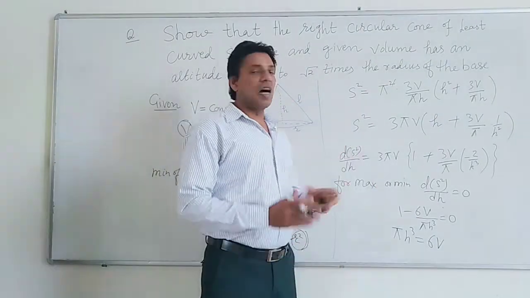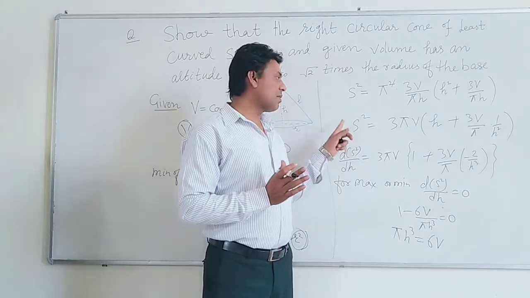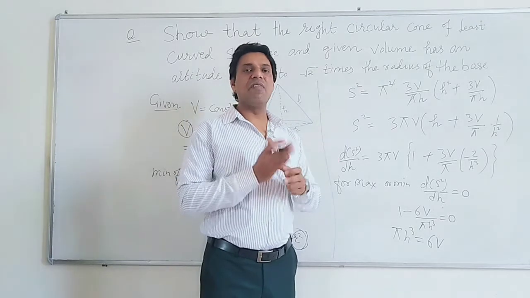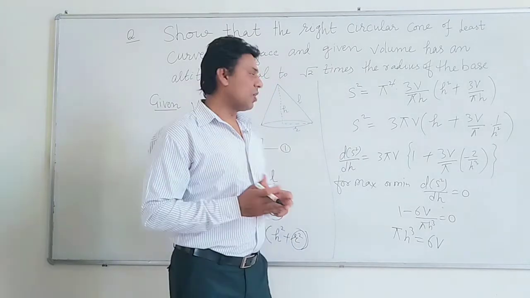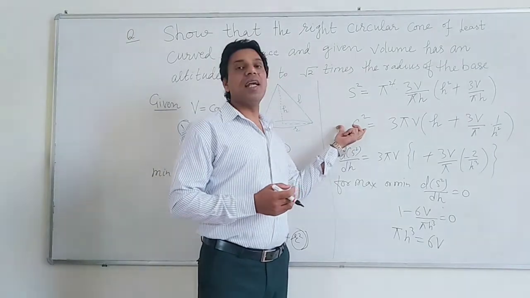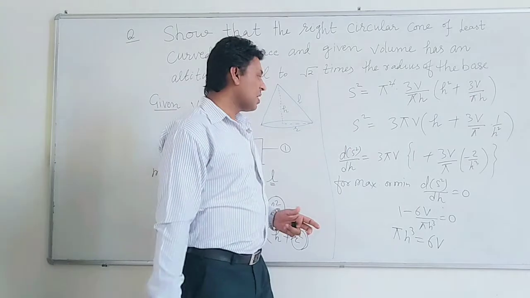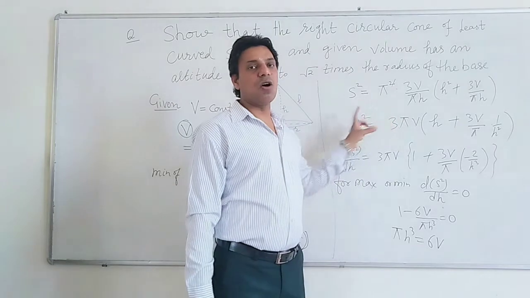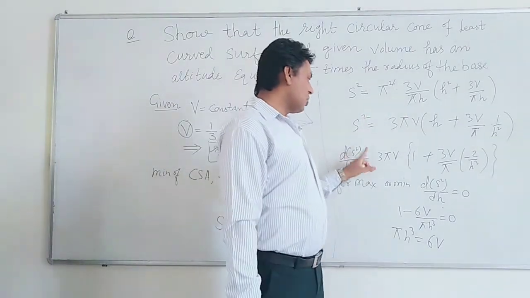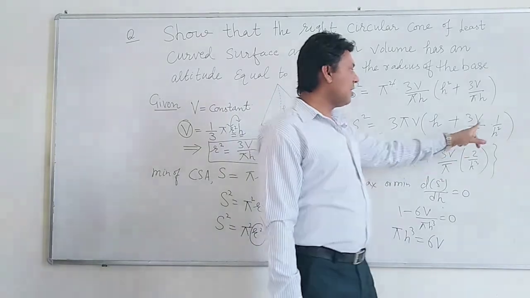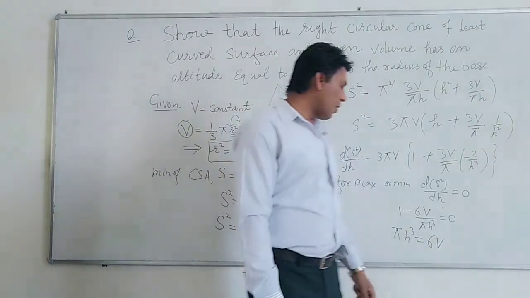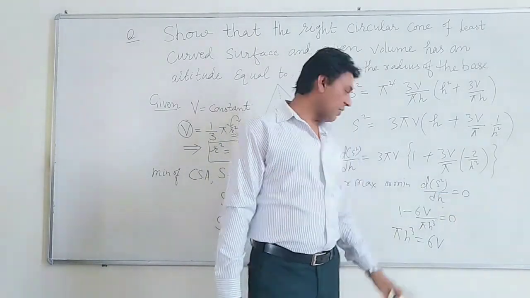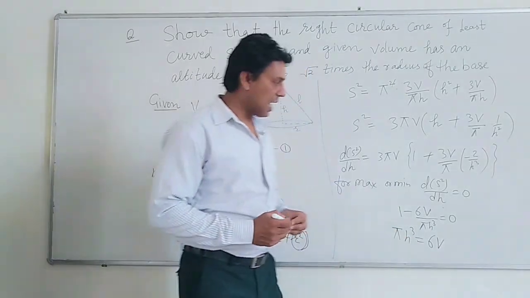Because the curved surface is positive, if you are studying the maximum and minimum of s², whenever s² is maximum, then s is maximum, and if s² is minimum, then s is minimum. You may be confused about why we are finding the maximum and minimum of s². Now I can differentiate this function with respect to h, because the whole function depends upon h. The differentiation of h is 1 and the differentiation of 1/h² is -2/h³. For maximum and minimum, this first derivative should be 0. So I have this condition, and I am solving it further.